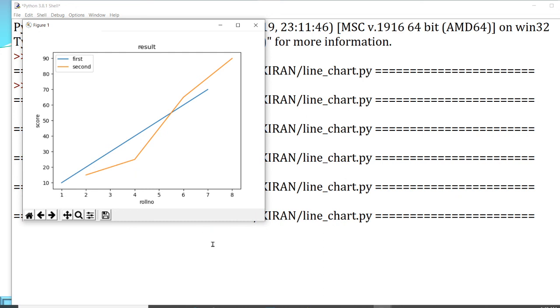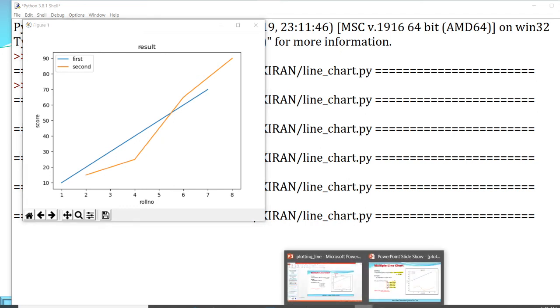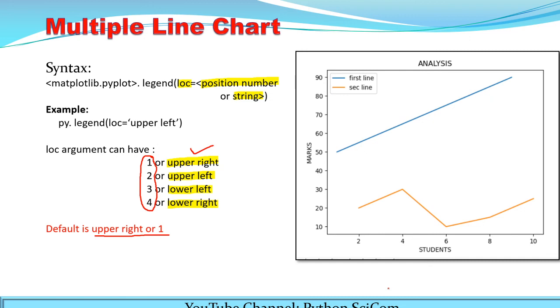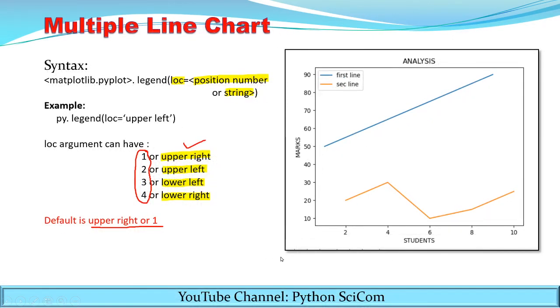So in this way you can create the line chart by using the Python code. Clear? Hope it is clear to you all. So in this way we can draw multiple line charts by using the Python code.